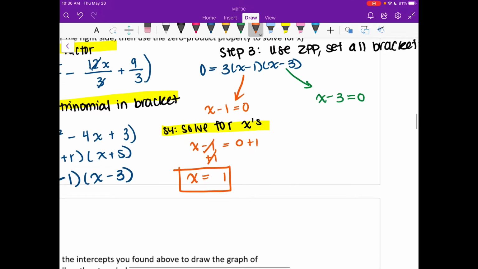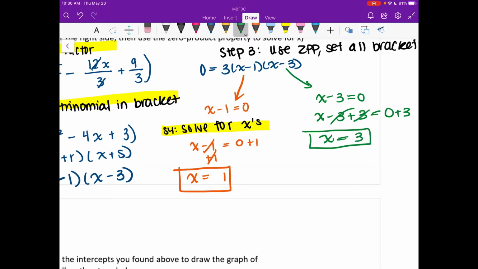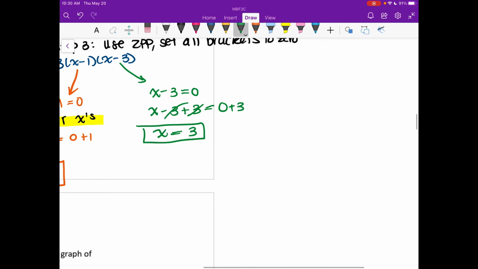Right, same thing, let's do on the other side. X minus 3 plus 3, right, to get rid of that, 0 plus 3. So x is equal to 3. So I have two x's here. And then step 5 is going to be